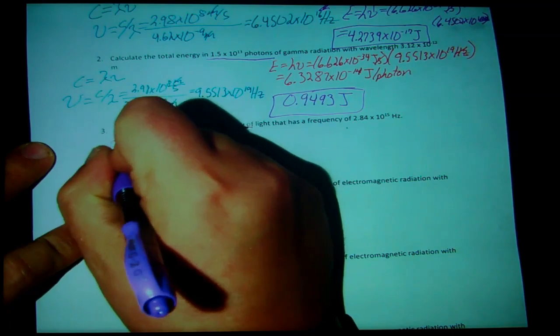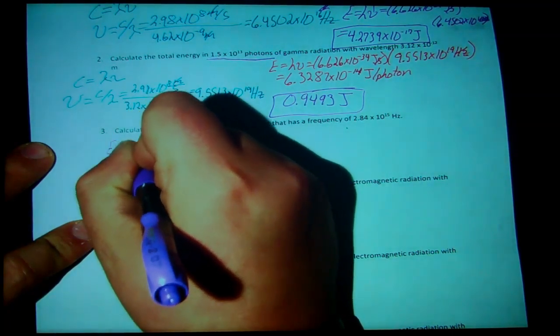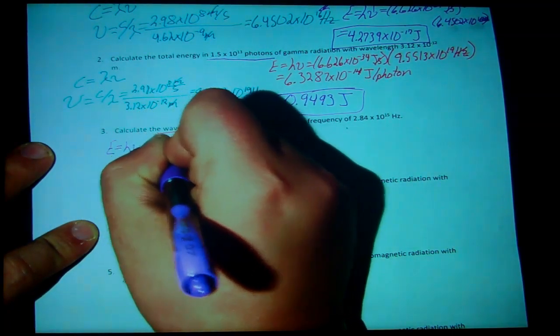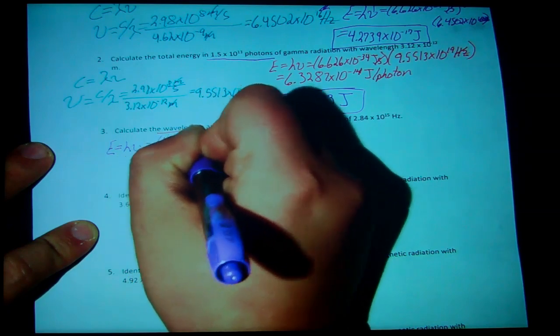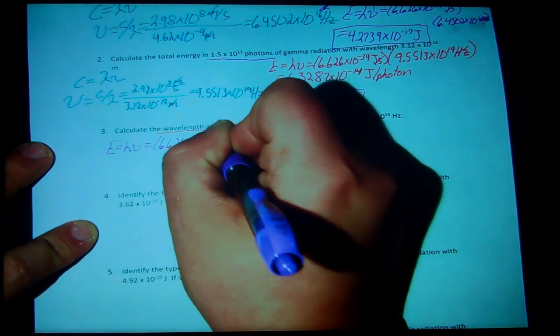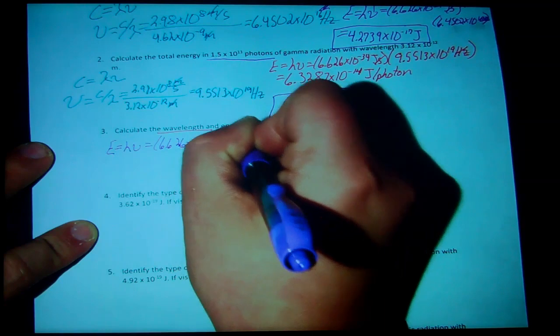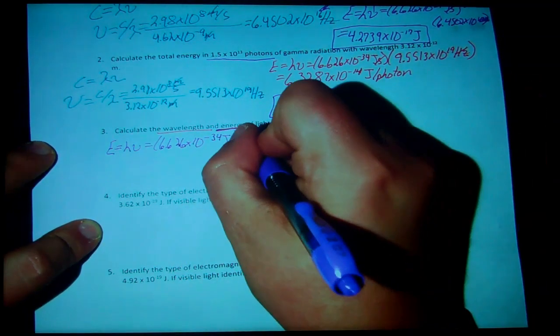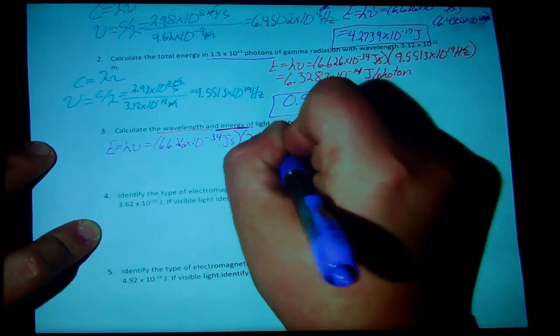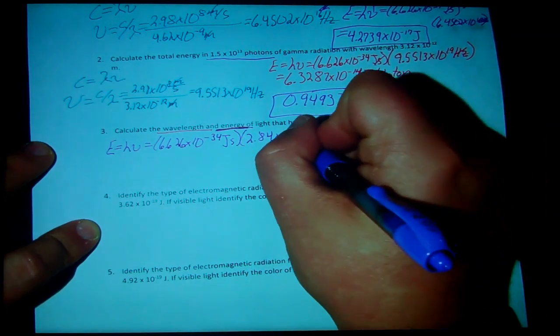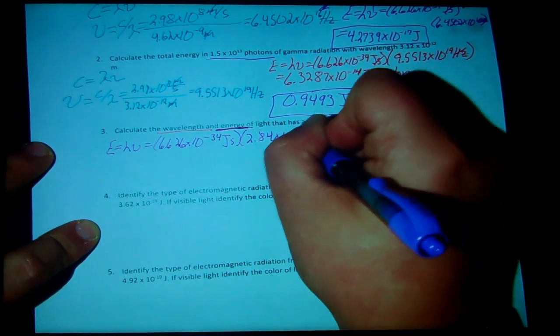Energy is equal to Planck's constant times frequency, so 6.626 times 10 to the negative 34 joule seconds times a frequency of 2.84 times 10 to the 15 hertz,